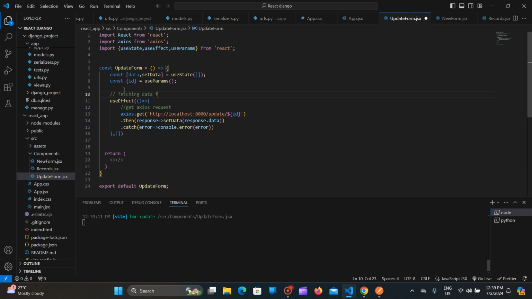Fetching data from the Django backend. Okay, so till this we are good. What we will do now, so first I will tell you step by step. Okay,